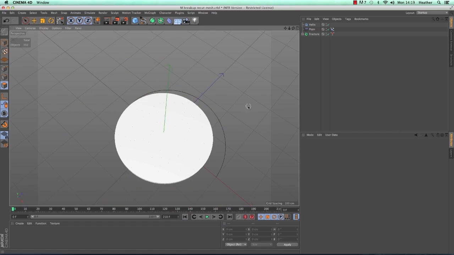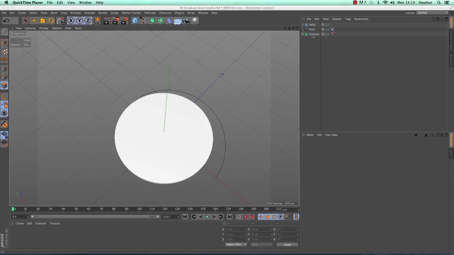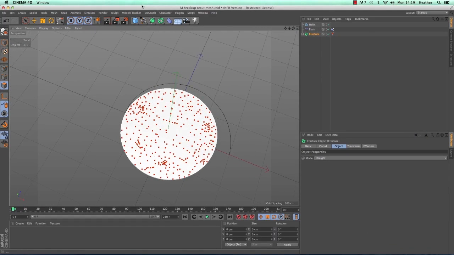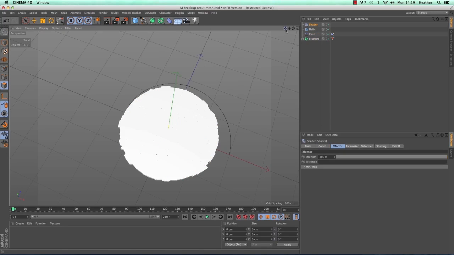So what happens now? Let me refresh my memory. Now we've got the shader effector that we need to work with. So again, I'm going to select the fracture object and then go to MoGraph effector, and the shader effector is what I want.